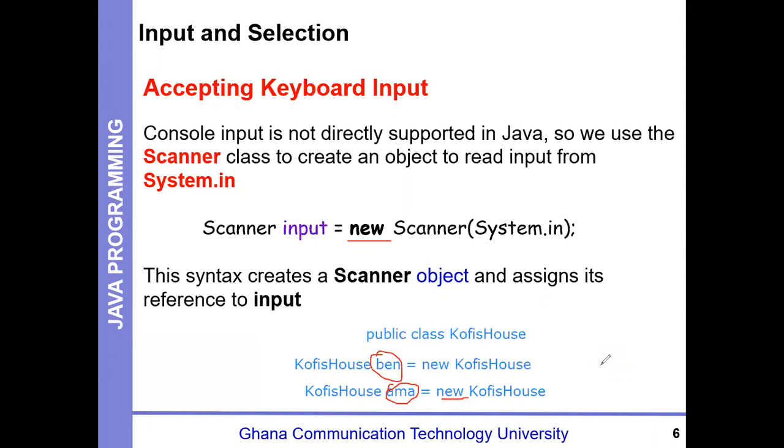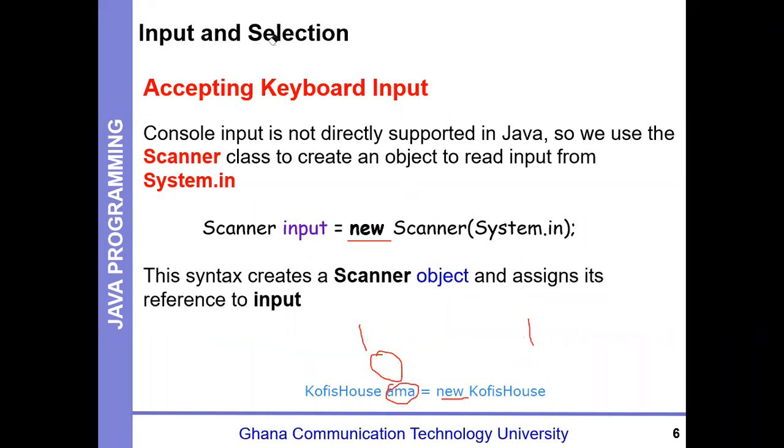But then what can they do? I have not said anything about what they should be able to do. So within the whole class, this is the whole Kofi's class, because once we create this, like we said, you always have an opening. So there's an opening, and then a closing. So everything that